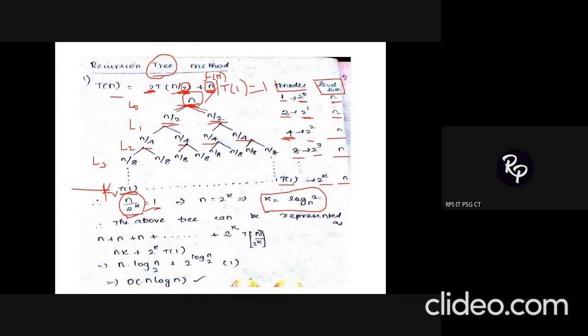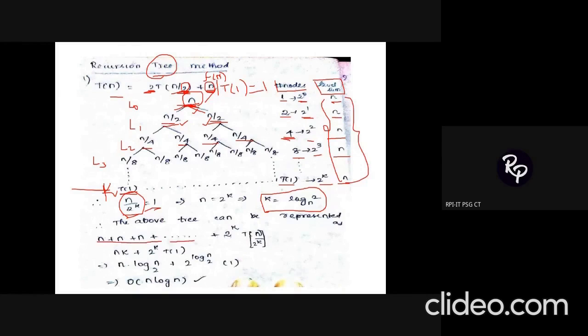Now what we are going to do is sum up all the values in all the levels, because your overall time complexity is affected by each and every node of this tree. It is not like only one part of the tree is affecting the time complexity and the other part we don't need. It's not like that. Each and every node of your tree will be contributing to the overall time complexity of your code. So that's why we are going to sum up all the level sums. So this becomes n plus n plus n plus n, and this procedure goes on.